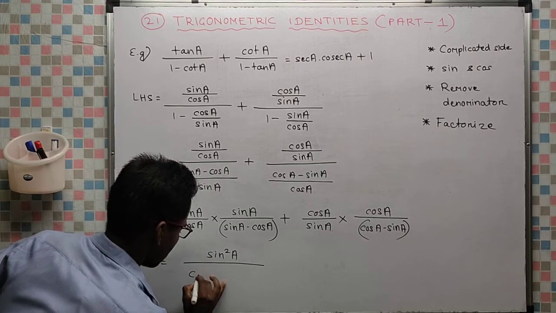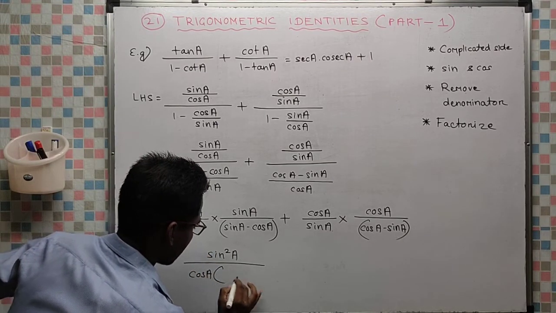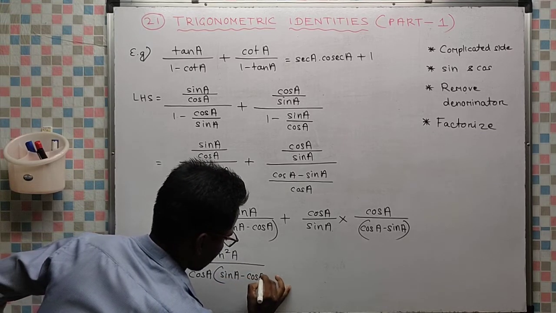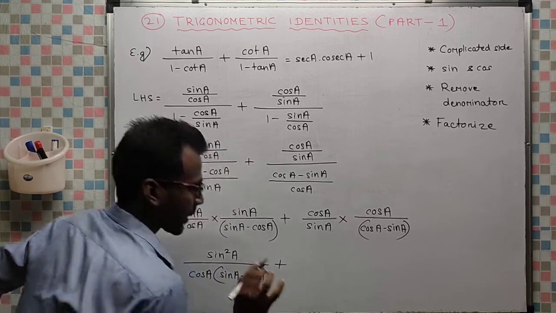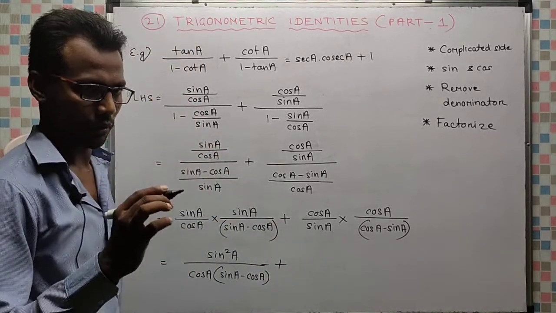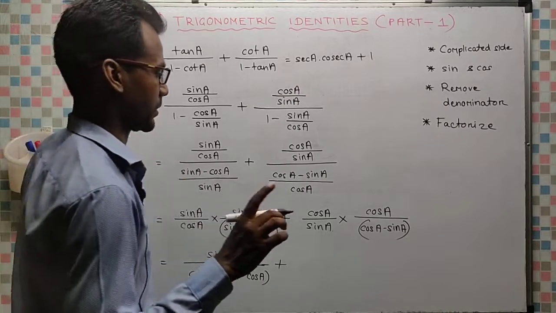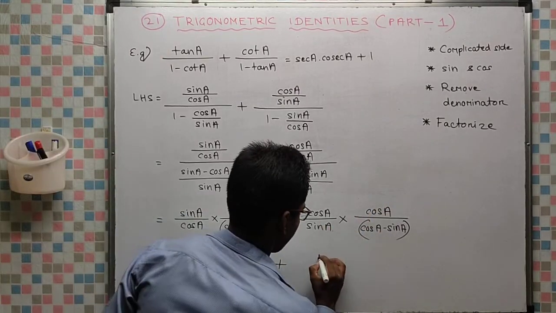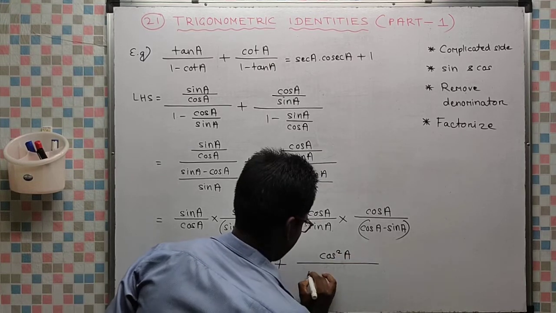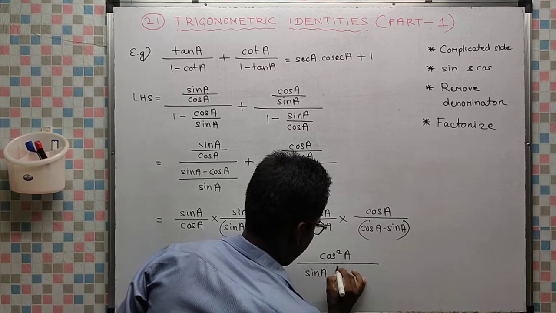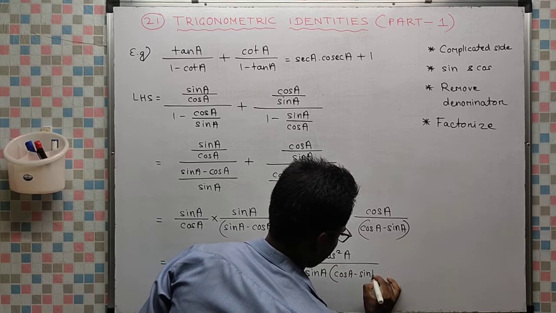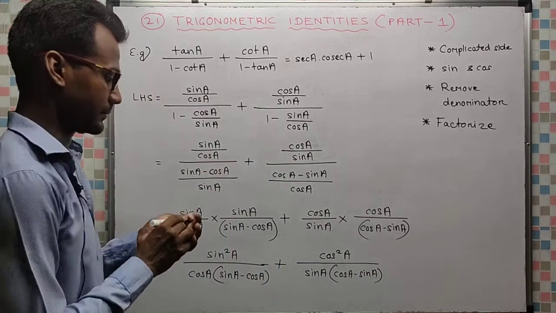We will have cos a whole into sin a minus cos a. Don't open bracket, otherwise you will face problem. In the numerator you can open bracket, no problem, but in the denominator never open bracket. Cos a into cos a is cos square a by sin a whole into cos a minus sin a. Okay,